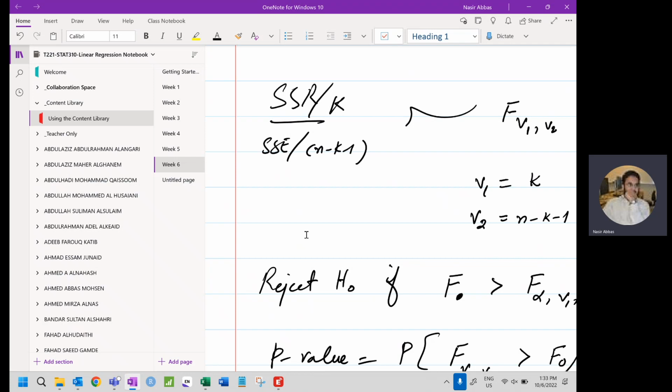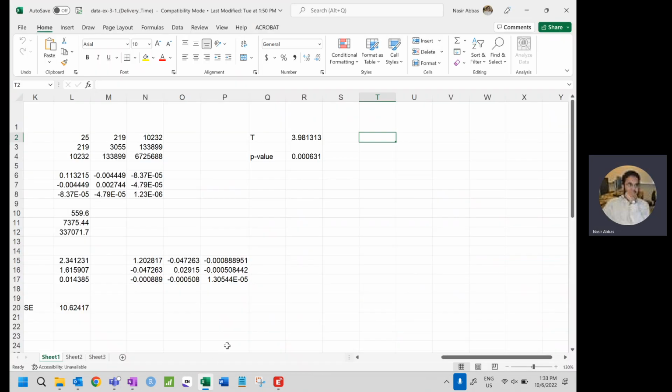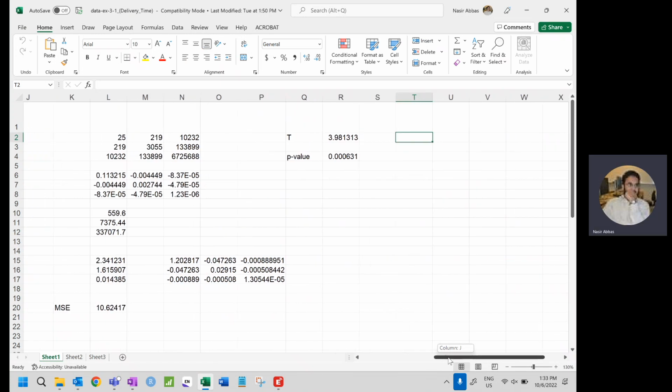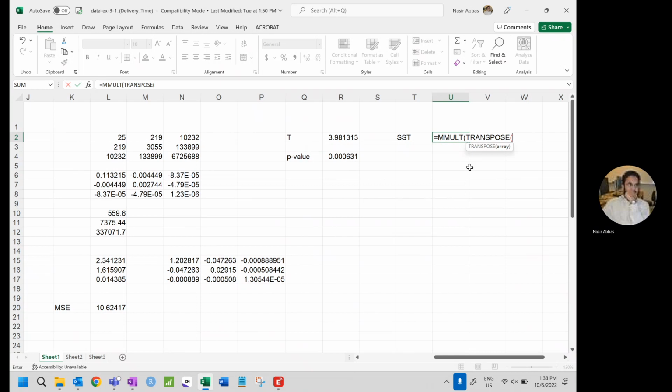Now SSR, do I have it? In the last class, did we find SSR? I will find it using the formulas I wrote there. I will find it today. I will also find SST and SSE. So let us start with finding SST, using that formula. I'll use the matrix multiplication, transpose of y with y. This is y prime y minus the correction factor, minus sum of y whole square